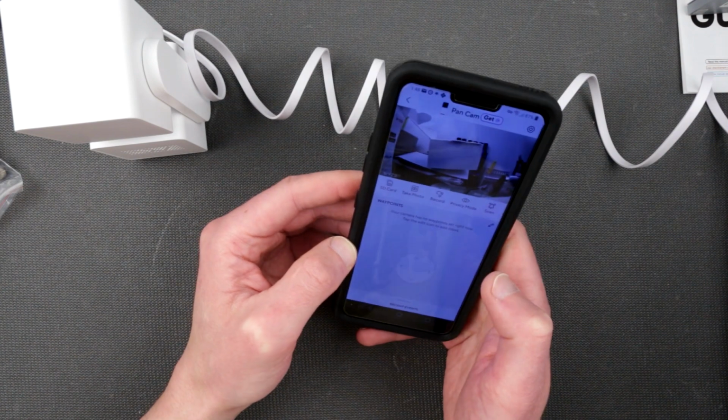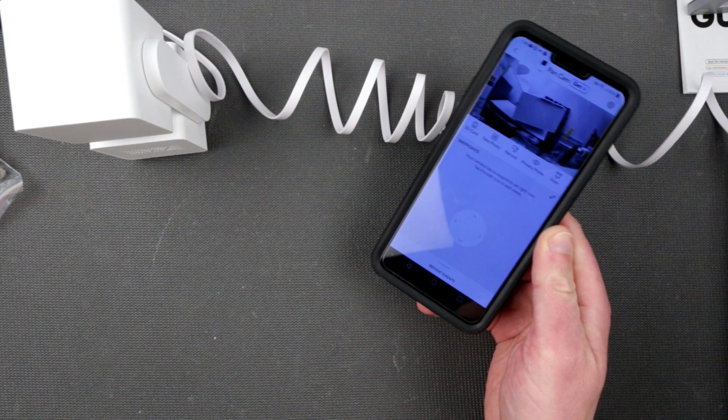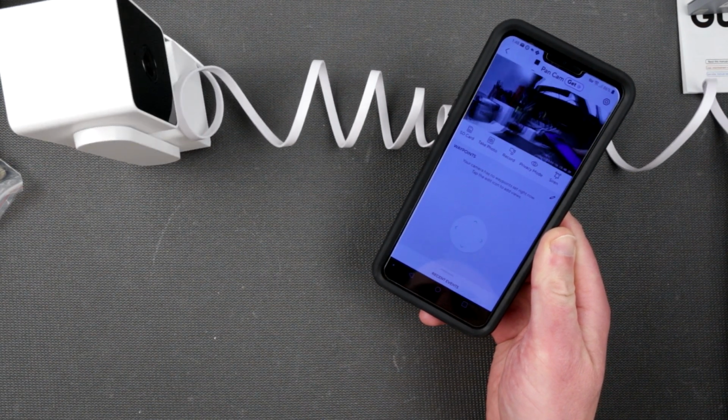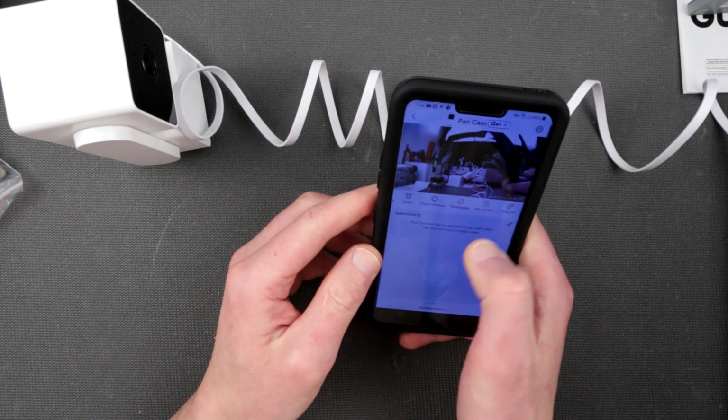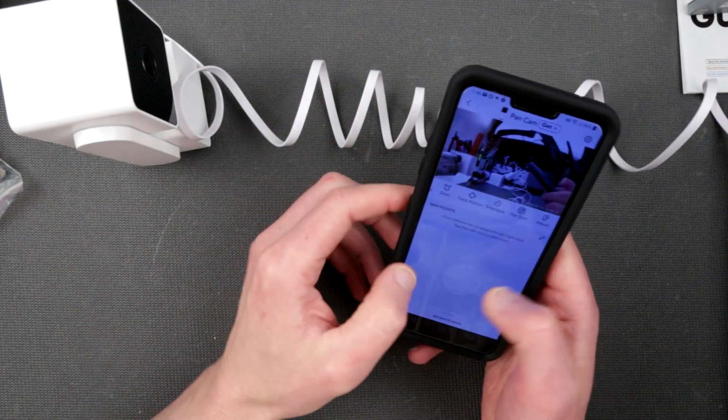Oh, it's actually doing it. Okay, let me not touch the phone. Let's see what's gonna happen. Yep, it's actually doing it. Okay, I was right. It will constantly loop back and forth, which is actually a good